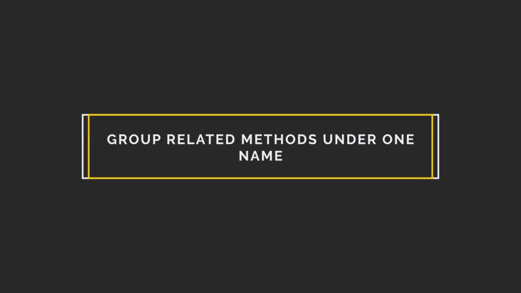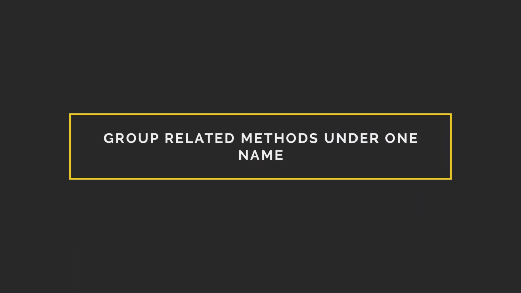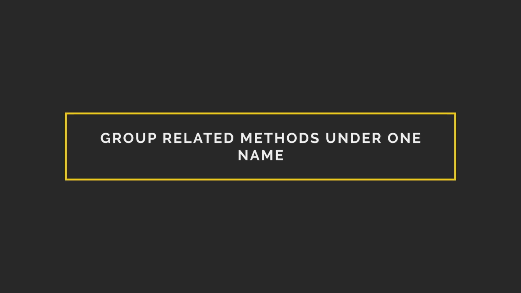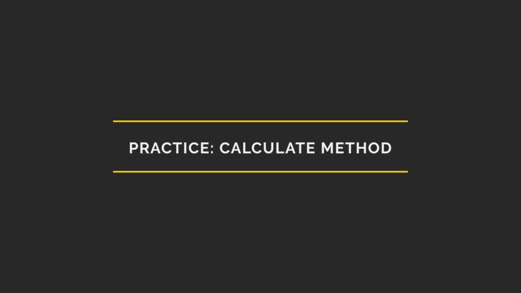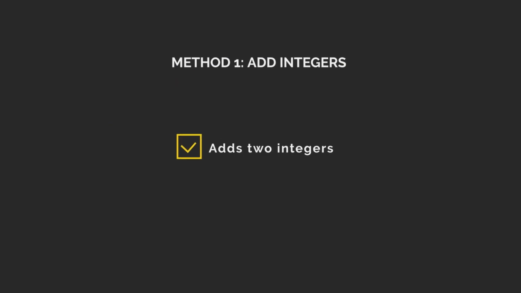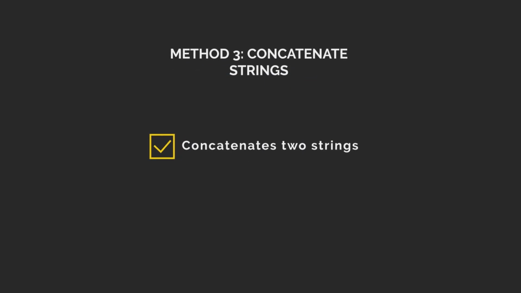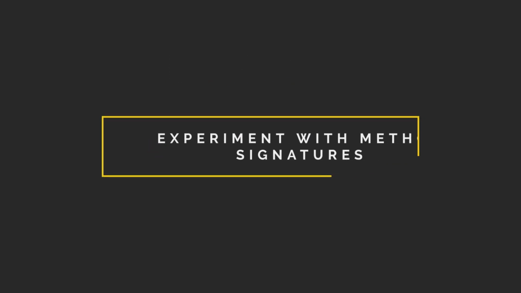You now know how to group related methods under one name for cleaner, more intuitive code. For practice, try writing a calculate method that adds two integers, multiplies two doubles, and concatenates two strings. Play with different signatures and see how C#